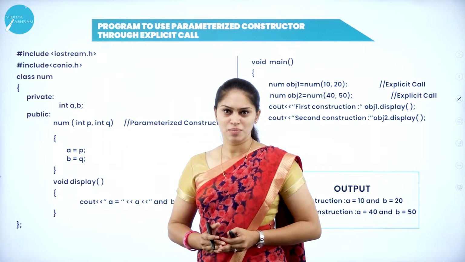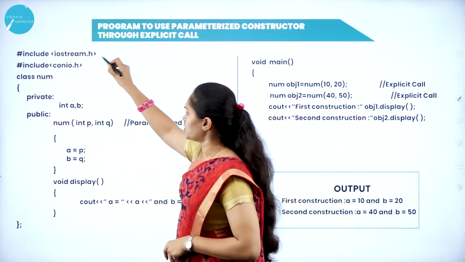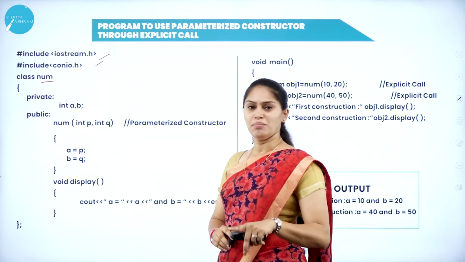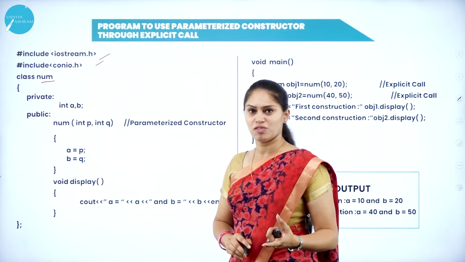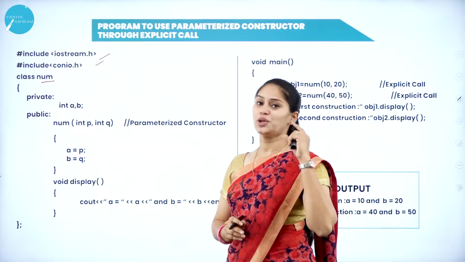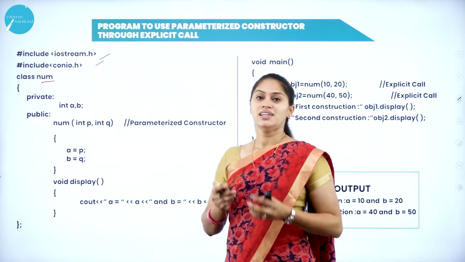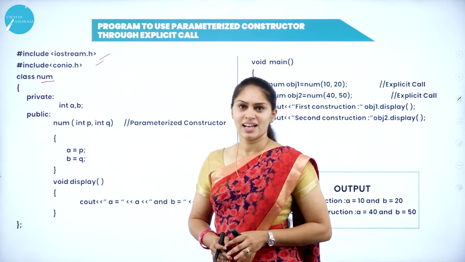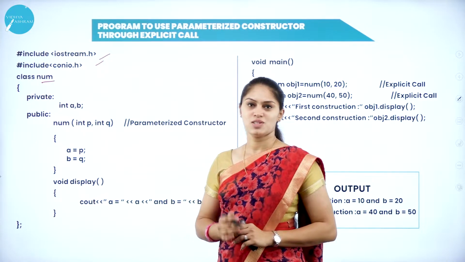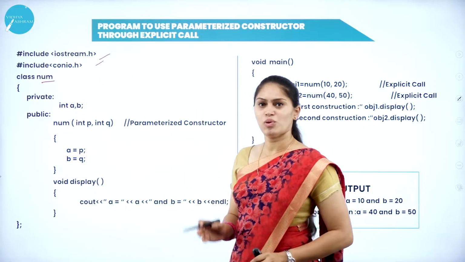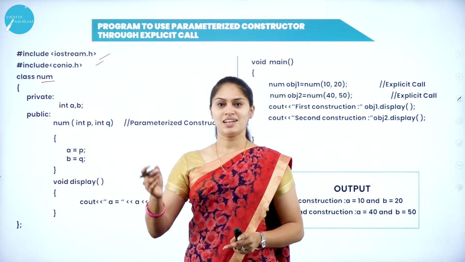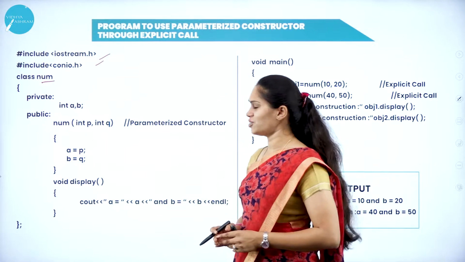It is the same as the previous program. It has two header files. I have the same class name, that is num. If you are writing an example for implicit, explicit, as well as initialization of an object using the equals or assignment operator, you can write the same program for all three concepts. Only two or three lines of code will change in the void main. Apart from that, everything will be the same. So that is what you have to concentrate on. If you learn one program, then you can write the same program with a slight change for all three concepts. That is the main thing you have to understand here.